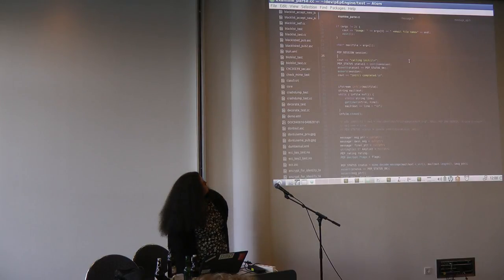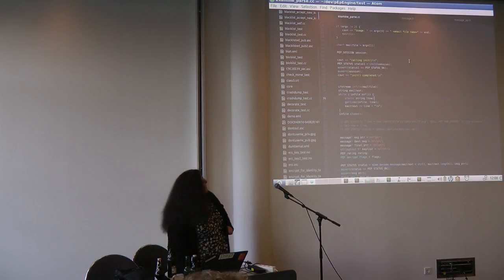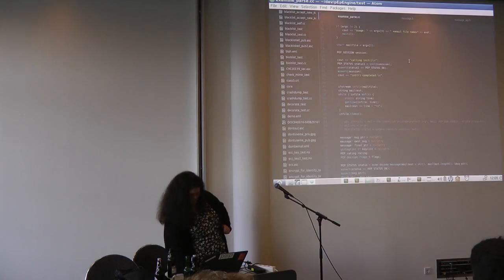So, we initialize the PEP engine, a lot of stuff goes on there, and all I'm doing in here is reading in the mail file that's going to get parsed and decrypted, which is the one I just showed you. So I set breakpoints at the message decoding because it's in my format.